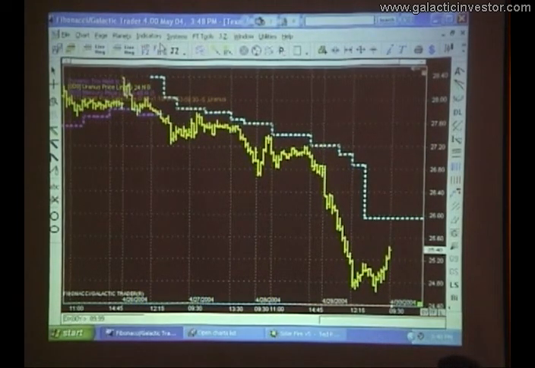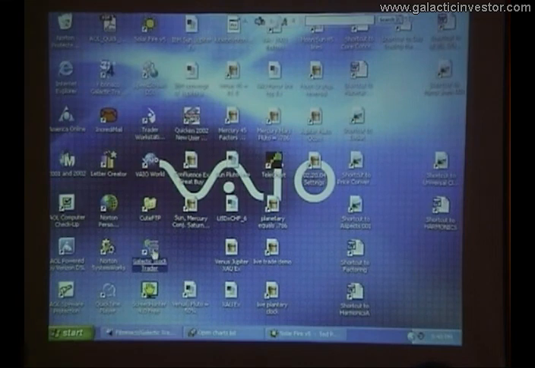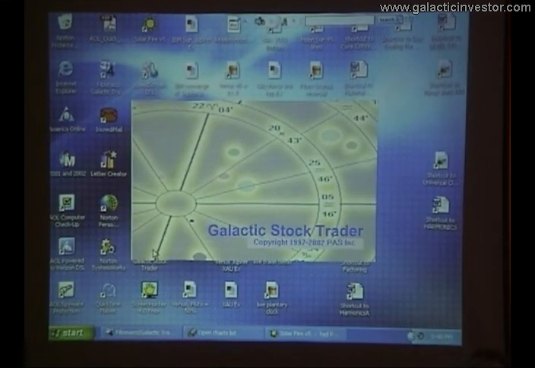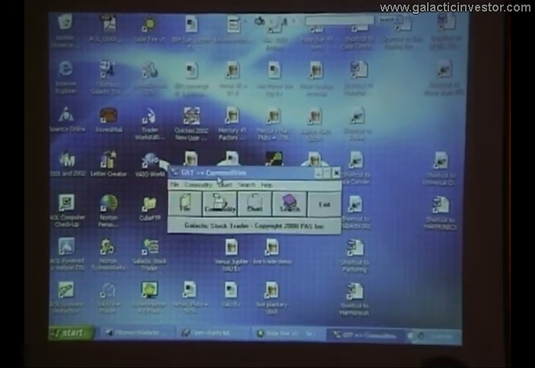But what I'm not going to be getting into the next couple days, which I do at other times when I get into the Galactic Stock Trader, our other program, is the natal planetary lines, which Tim touched upon. And we have another program called the Galactic Stock Trader, which I'm going to open up real quickly. But this requires that you learn a little bit more about astrology. I'm trying to get everybody on the fast track, and this is designed more for traders that have little or no astro knowledge. We have a nice manual for the Galactic Stock Trader that is a tutorial that will show you how to apply some of these tools,